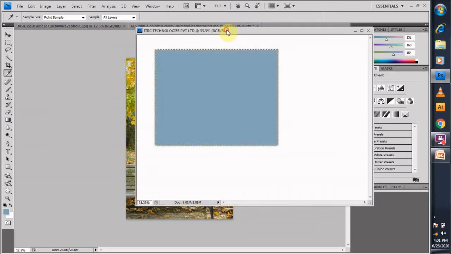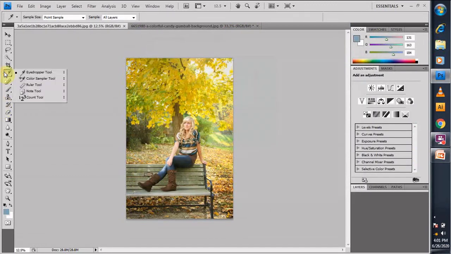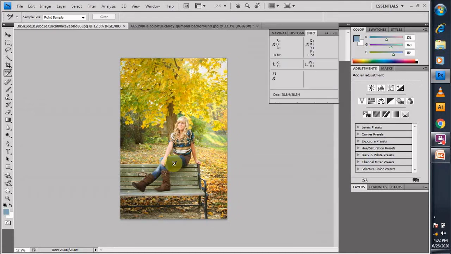So this was your eyedropper tool, and now we are moving on to the other tool, that is your color sampler tool. Color sampler tool basically helps you to find the RGB values of the color in an image. If I click on this color, see the RGB values of the color appear over here.